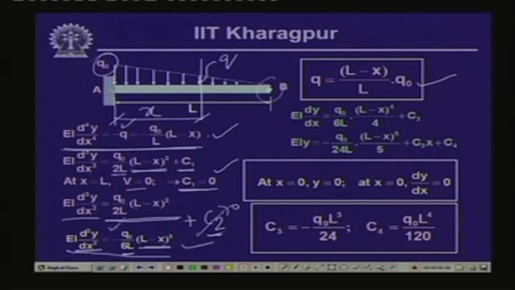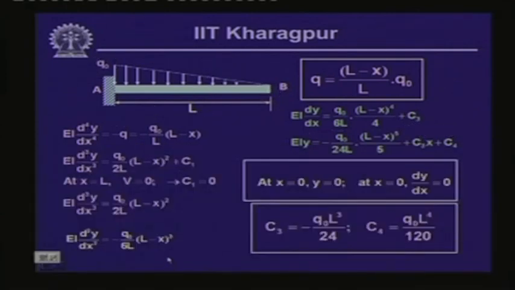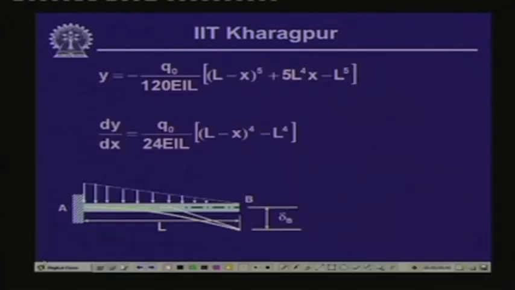Now, if we integrate this further, we have EI dy by dx equal to q0 by 6L times (L minus x) to the power 4 by 4 plus c3, and consequently EI y is equal to this, where we have unknown constants c3 and c4. Now, at x equals 0, y is 0, these are the boundary conditions, and at x equals 0, dy by dx also is 0, and if we substitute that, we get the values of c3 and c4 as this. Now, if we substitute the values of c3 and c4, we get the expression for y as this,